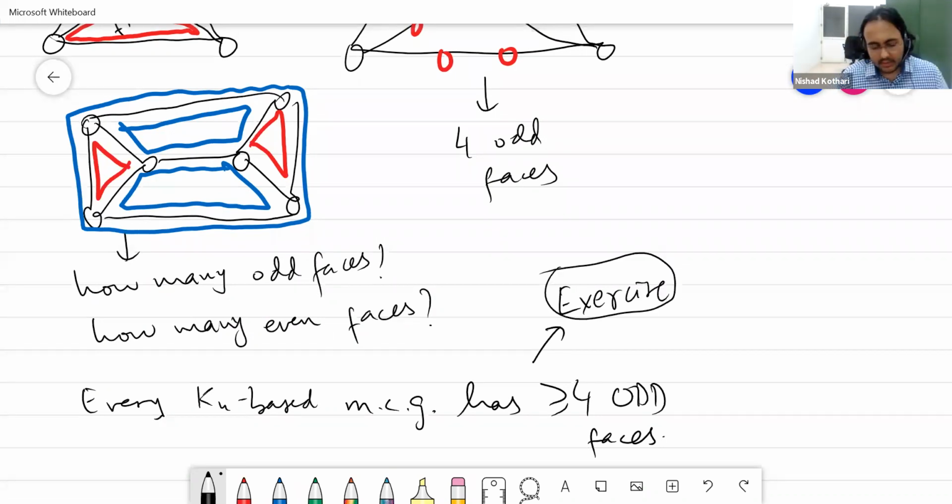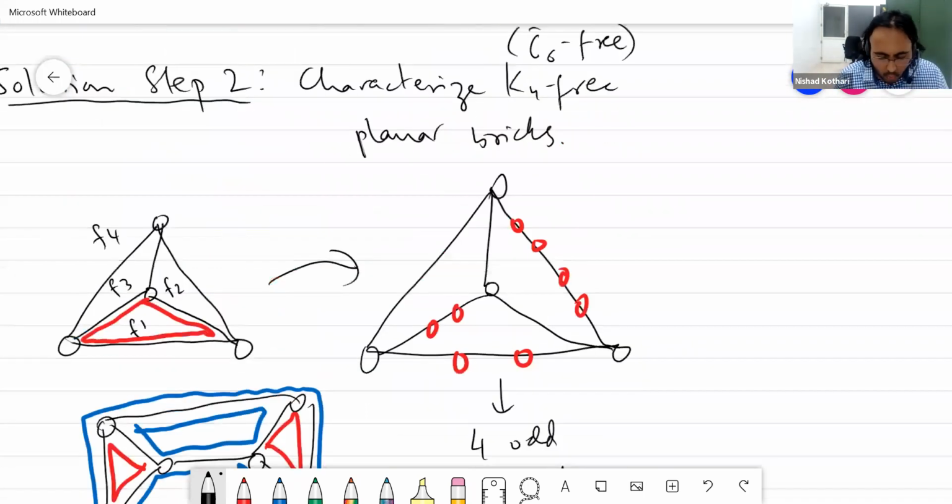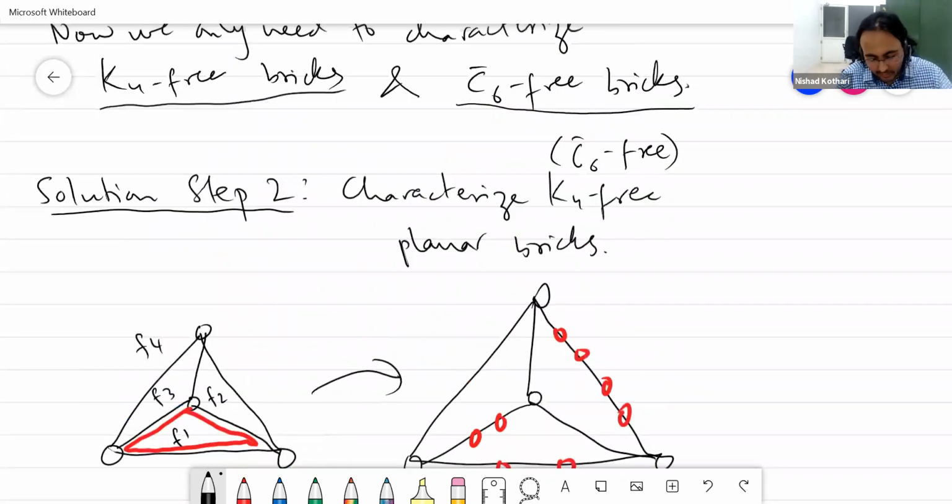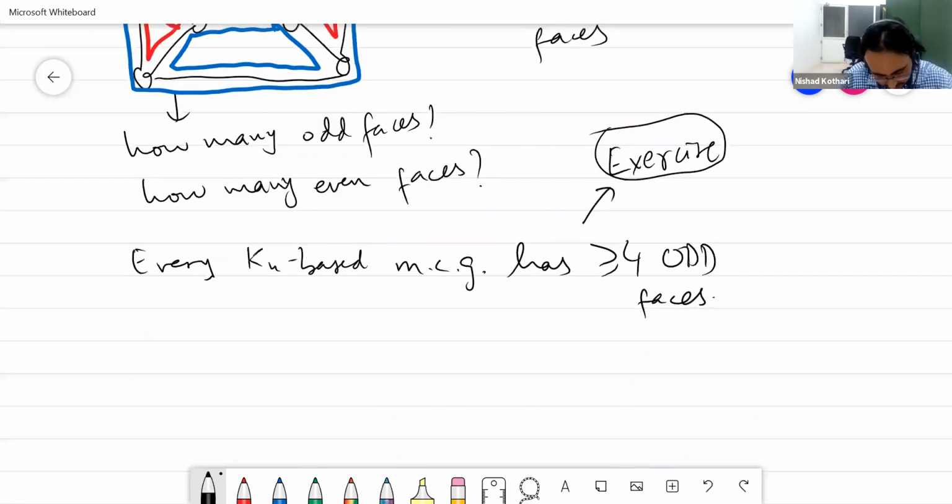Even if you have not taken a rigorous course in graph theory so far, or an in-depth course in graph theory, you might be able to figure out an intuitive reason. You may not have a formal proof, but you might be able to see why this is intuitively true. Good. What is really cool about planar bricks is that this is if and only if. So this is the next theorem.